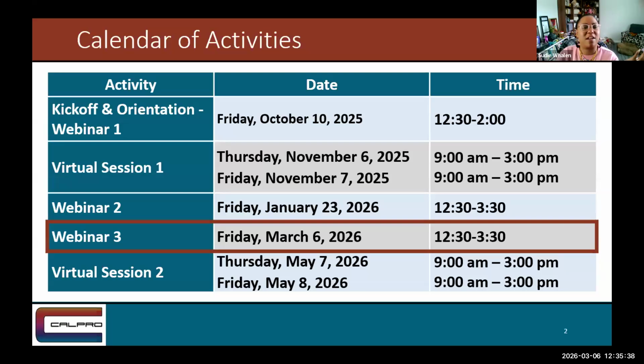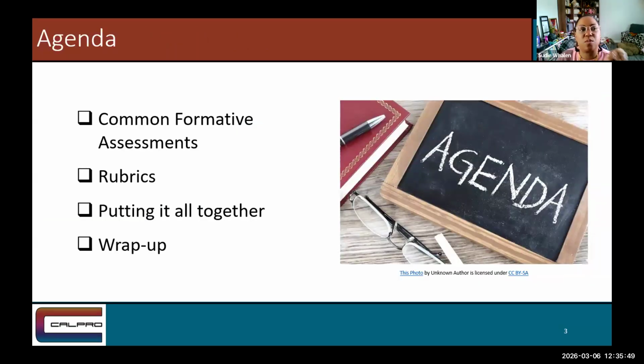So we are on our third session. This session is recorded, so if anyone's not here today, they can watch and do the makeup activity. We'll be here until 3:30 this afternoon. We're going to focus on common formative assessments, rubrics, and then Catherine's going to have us put it all together